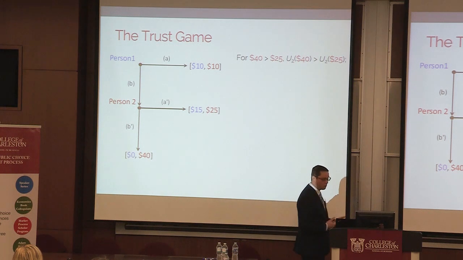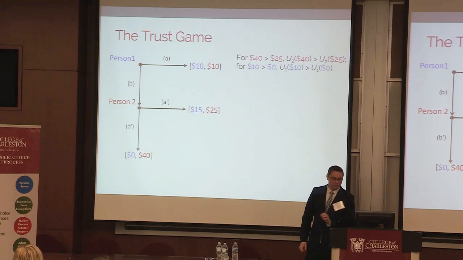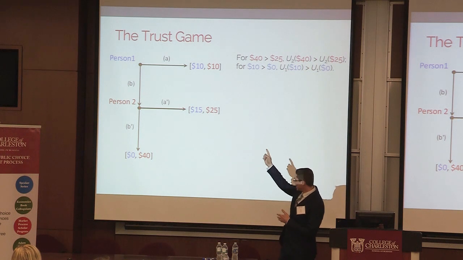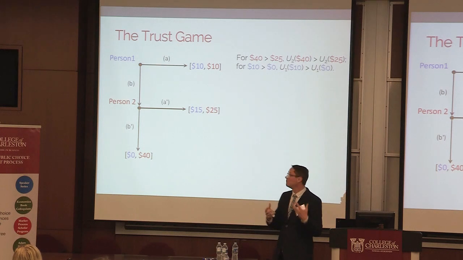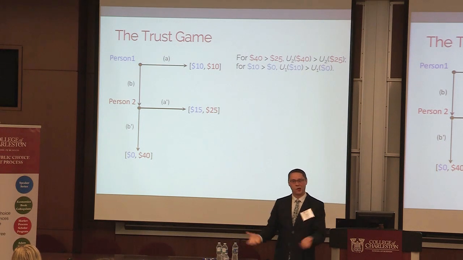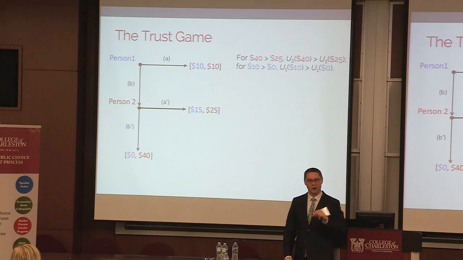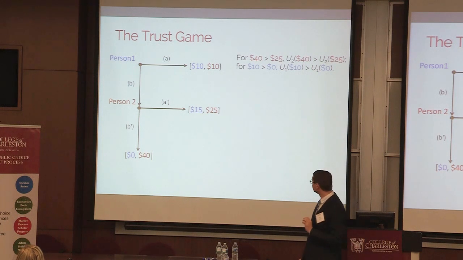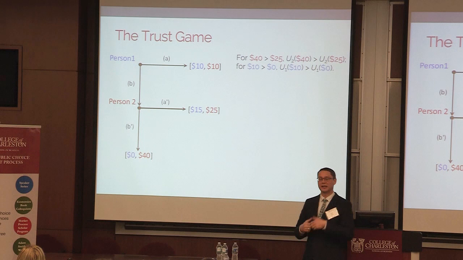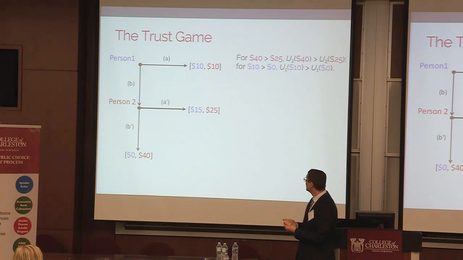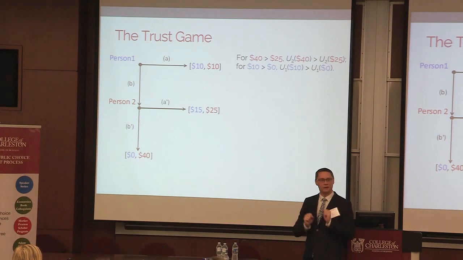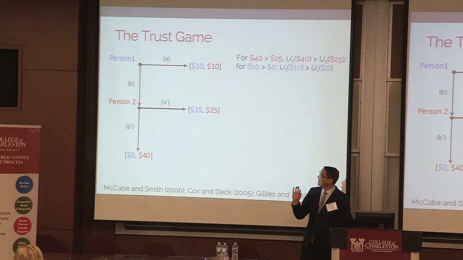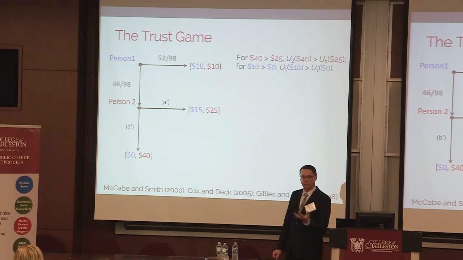Now knowing that, what would person 1 do? Well, person 1 would look at choosing between $10 or 0, because person 2 is going to play down. So 10 is greater than 0. By local non-satiation, the utility for person 1, that's what the big U with the subscript 1 means, on $10 is greater than the utility of 0. And so we expect person 1 to play A and end the game. Both will go home with $10 and that's it. So we're predicting that person 1 will just end the game, and right off the bat, we're wrong half the time.